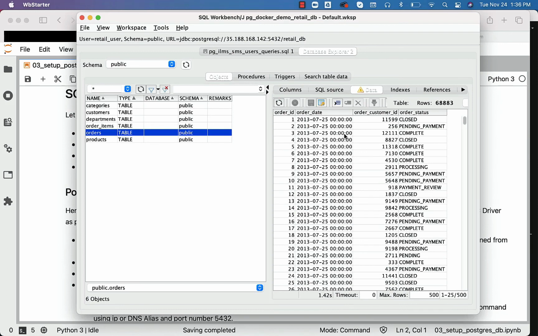This is how you should be able to use SQL Workbench to connect to the database that is running as part of the container that is running on the Ubuntu VM provisioned from GCP. Now it is time for you to explore SQL Workbench features. It is worth spending some time in understanding this because using IDEs like this will improve your productivity on a regular basis.